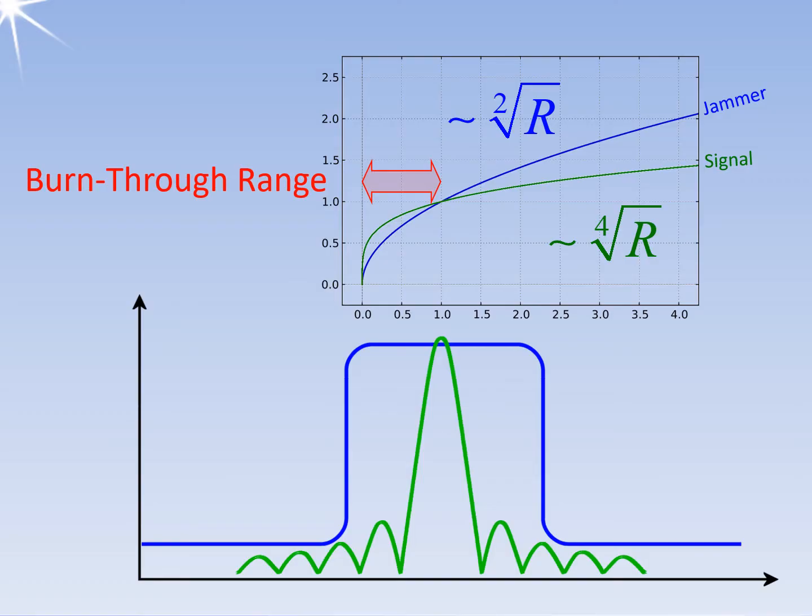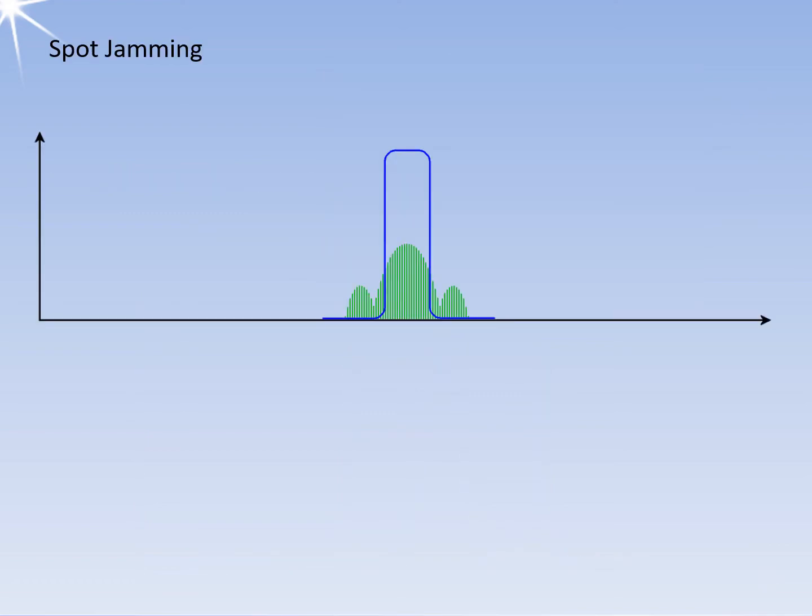the electronic attack. The free space path loss for the radar signal, due to the additional return path, is proportional to the fourth root, while the jamming signal for the single distance decreases with the square root. At some point, the radar's transmission power becomes higher compared to the jamming power and the radar recognizes the target despite the jamming. There are two main forms of jamming techniques, spot and barrage jamming.